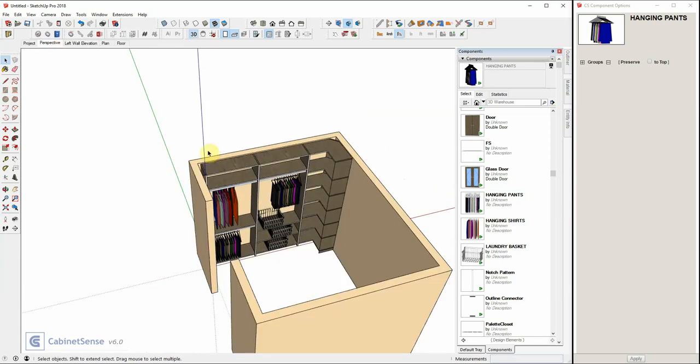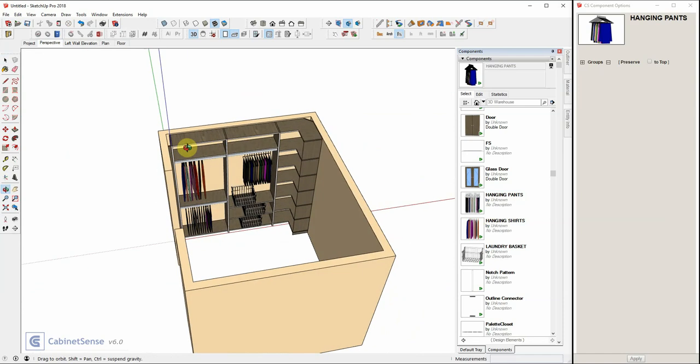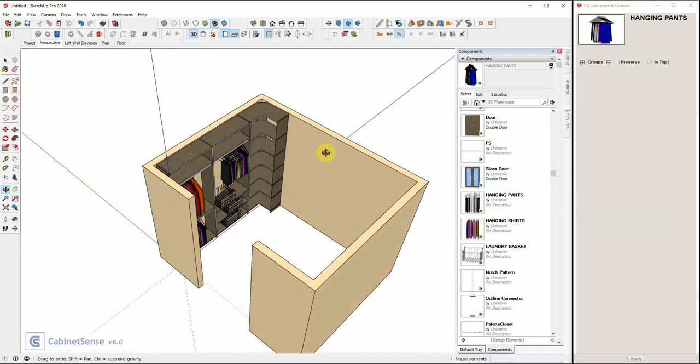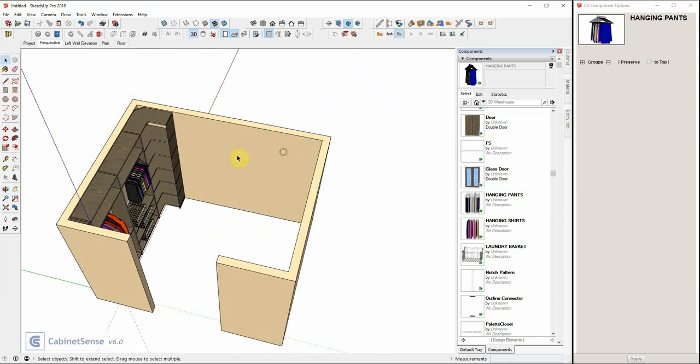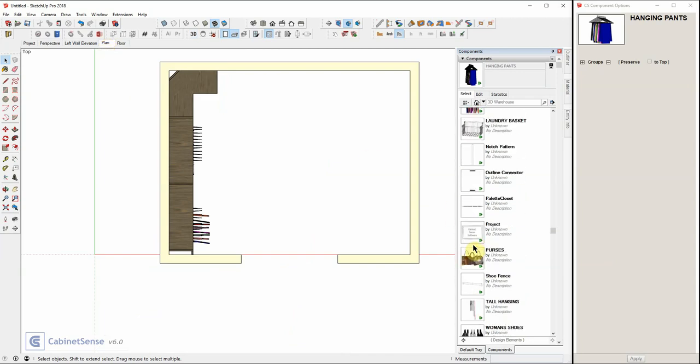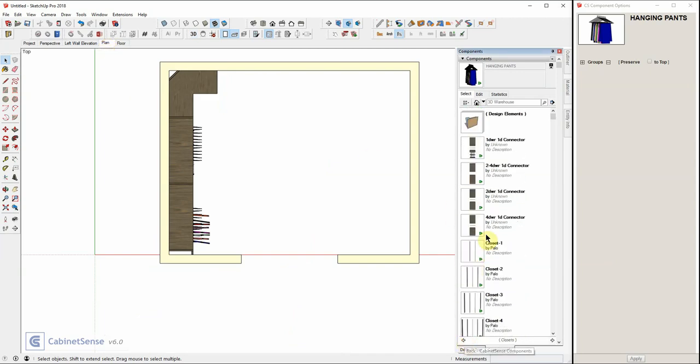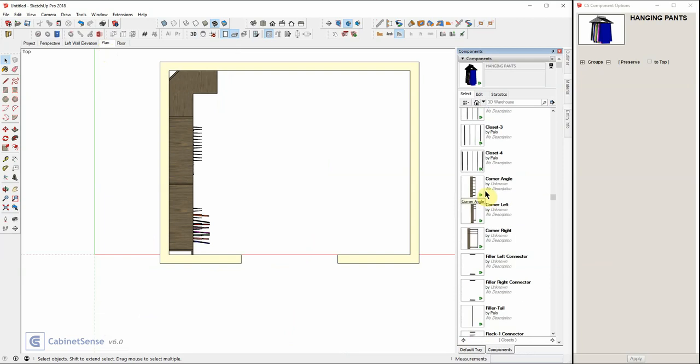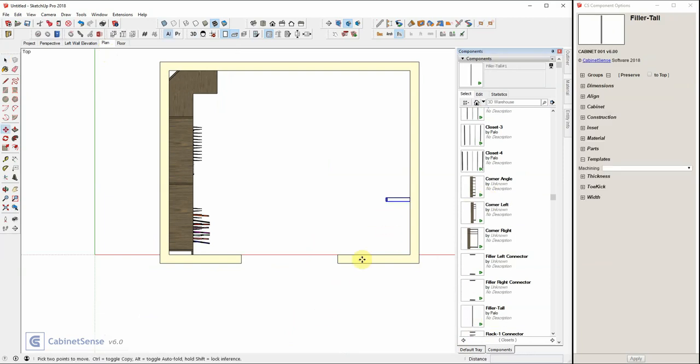Switching back to perspective, and we have their left wall done. So let's go ahead and finish off the rest. I'm going to work in plan mode. Go back to our main section of closet components. I'm going to grab the filler again, drop it on the right wall, use inferencing one more time, position it here, and I'm going to do the same thing, hit my Control key, inferencing, and place one at the other